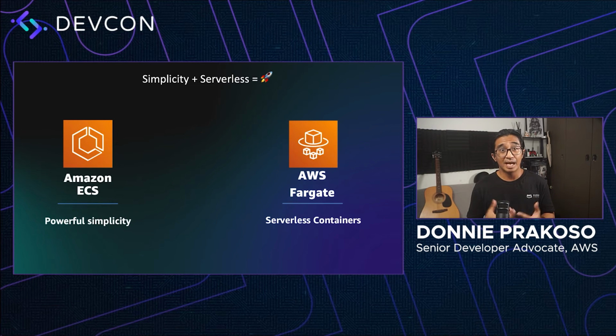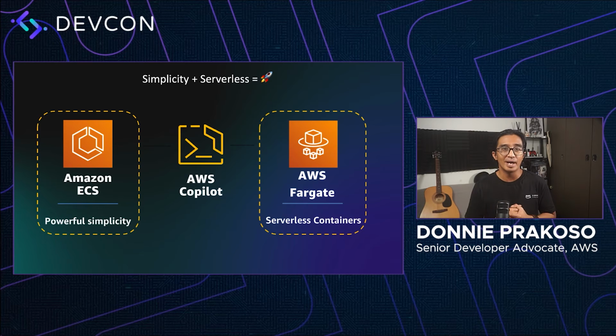The next question is how? How can we easily ship our containerized application to Amazon ECS with integration of AWS Fargate? And that is where AWS Copilot comes into the picture. AWS Copilot is a CLI tool that will greatly help you to get started with containers. Not only is it the best tool for you to get started, but it also gives you the flexibility to extend your system. So, in case you are now starting with a simple application or you want to extend your architecture into microservices, AWS Copilot has it all for you.